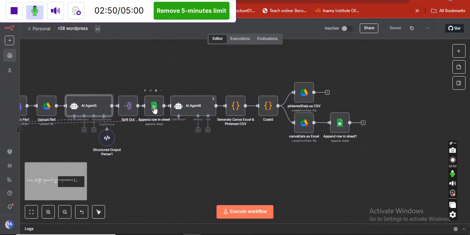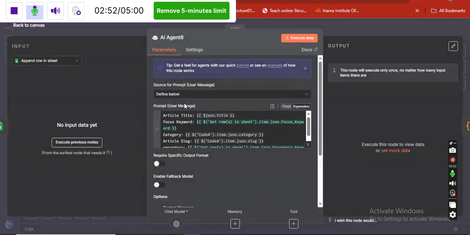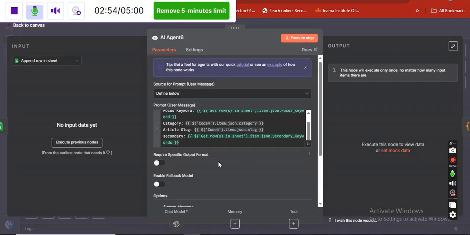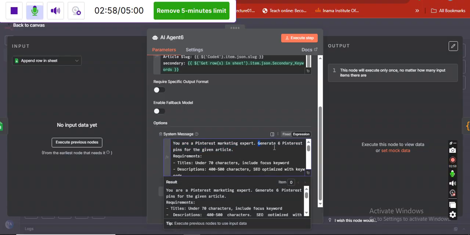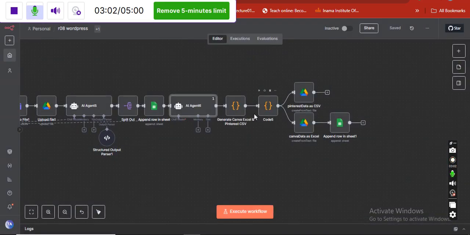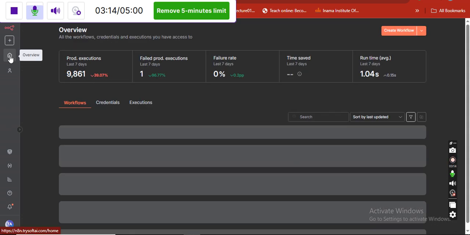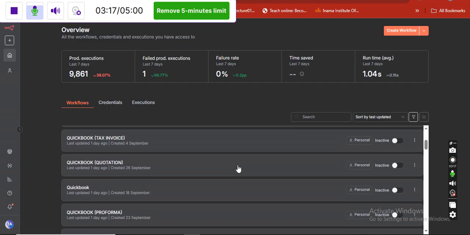So once we have the image prompts, then it will generate. Then you can see here I'm also giving this, and it will generate the 6 Pinterest pins data. Here you can see 6 Pinterest pins data for the article. It will generate and save the files on the Google Sheet and update. It will upload the files to Google Drive, and it will save the Google Sheet. Once we have that, it will again, you can see